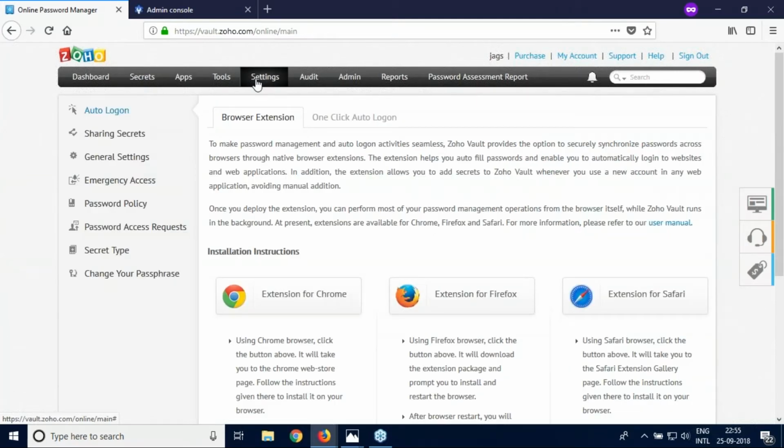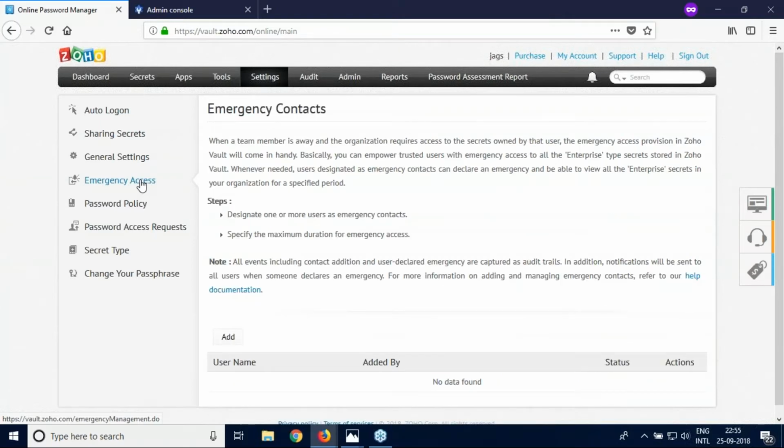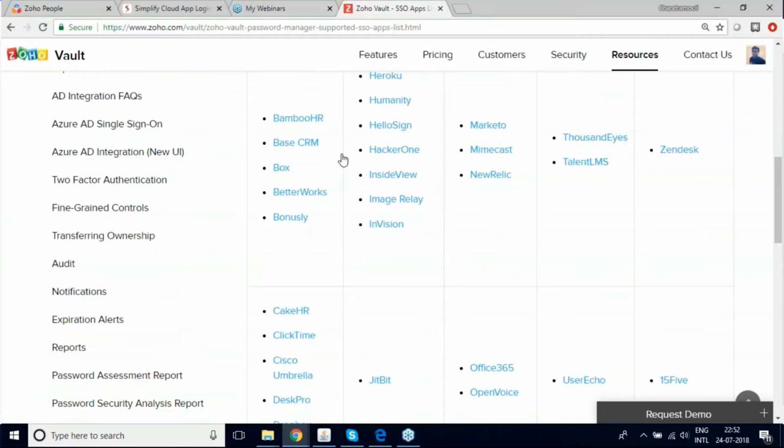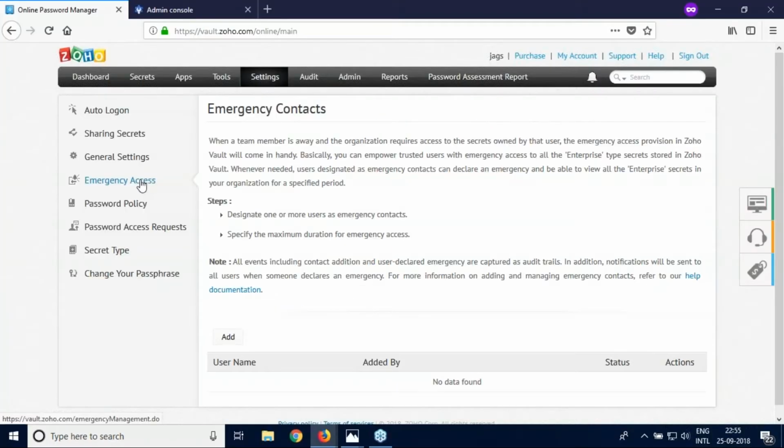So apart from this, you can also configure emergency access. Emergency access is nothing but a break glass account where you can add trusted contacts as your emergency contact for Zoho Vault. So if an admin falls sick or meets any accident and you want to access his account immediately, you can declare emergency and acquire all his enterprise secrets alone, and you can access those accounts during the